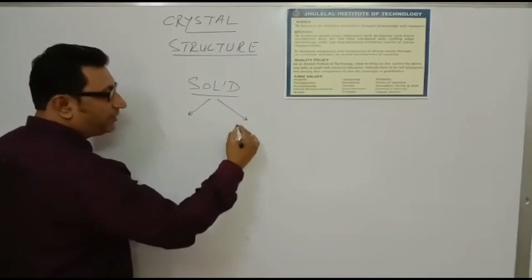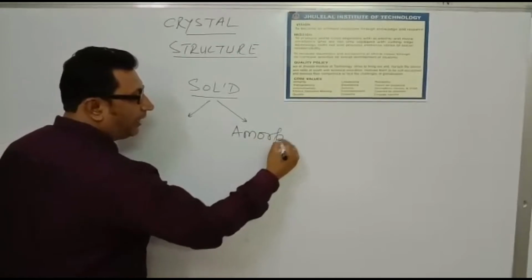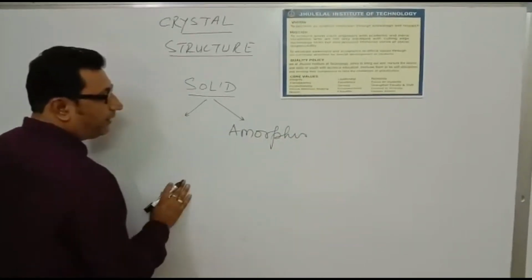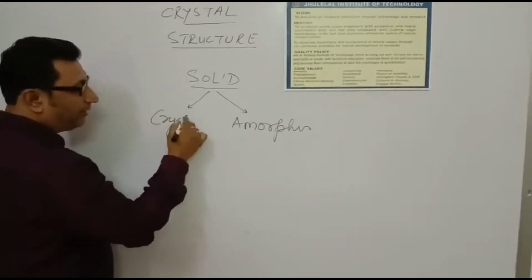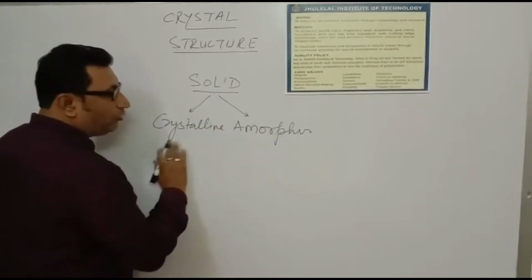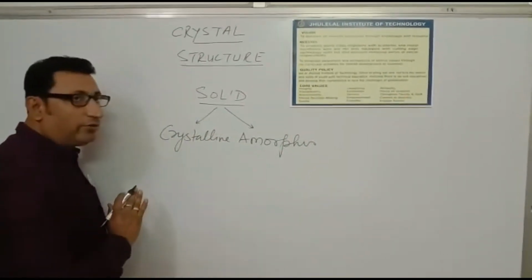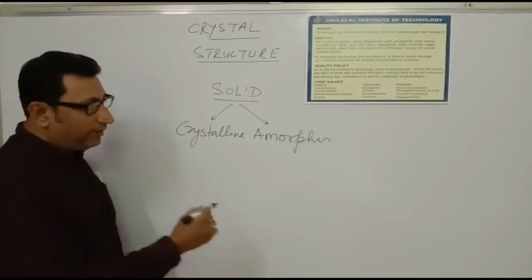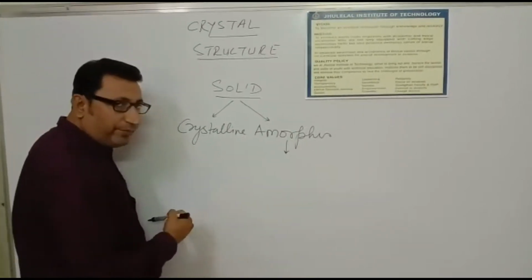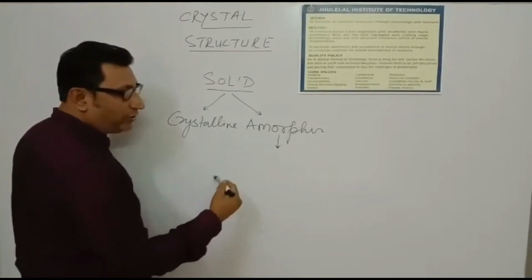One of them is amorphous and another one is crystalline. You might have studied this differentiation in your intermediate 12th standard, that amorphous solids are those solids in which